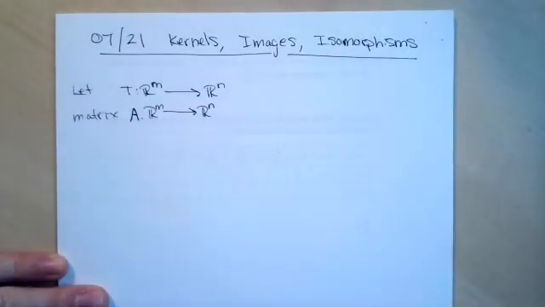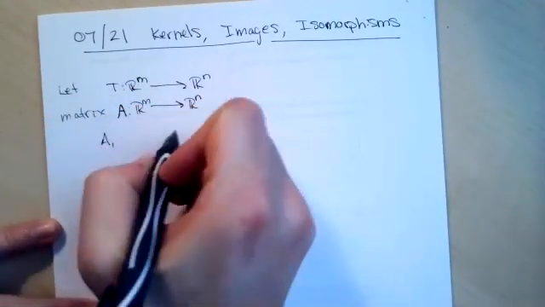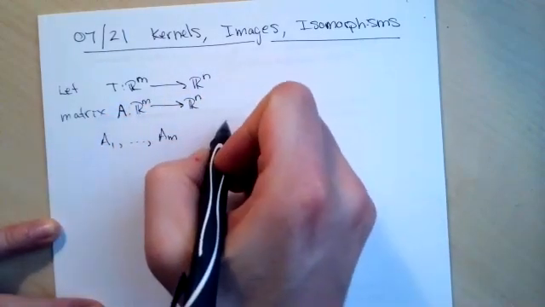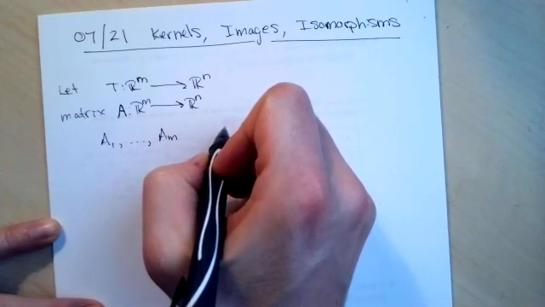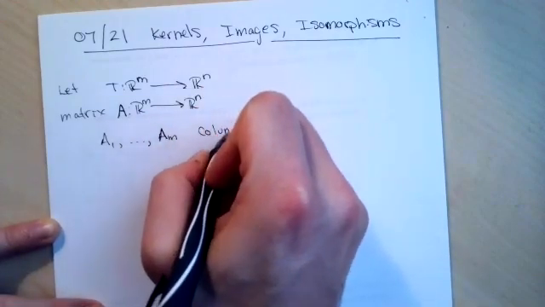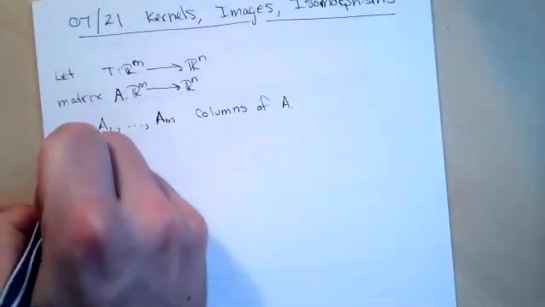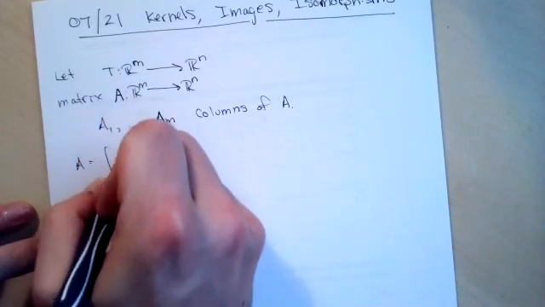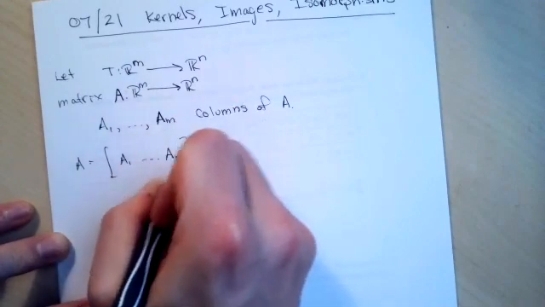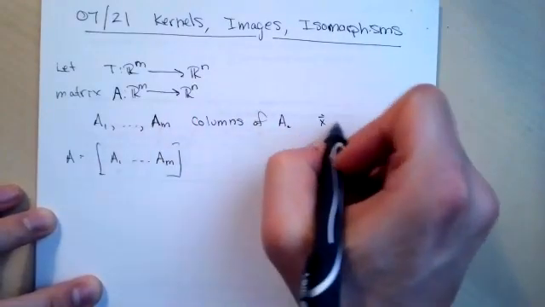And so if we take a look at A1 up to Am, let me think, is that right? Yep. Just thinking about the indices, or the columns of A. So in other words, we could write A as A1 up to Am. And if this acts on any vector x,